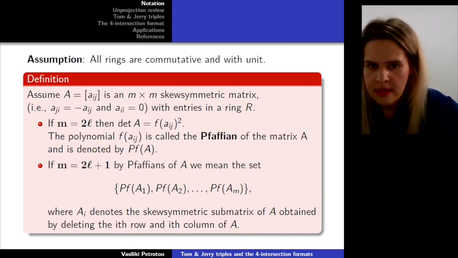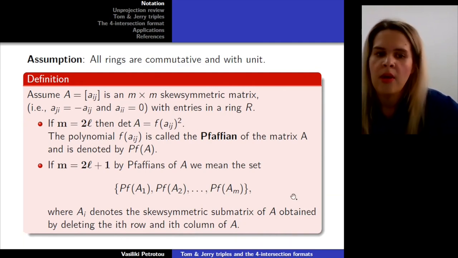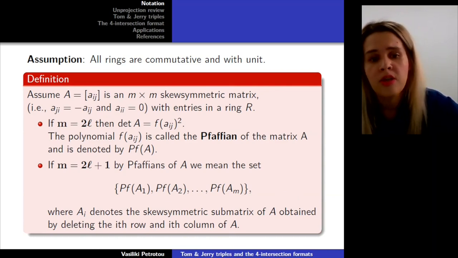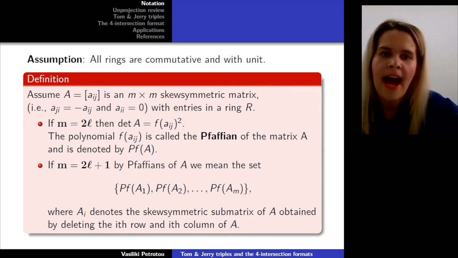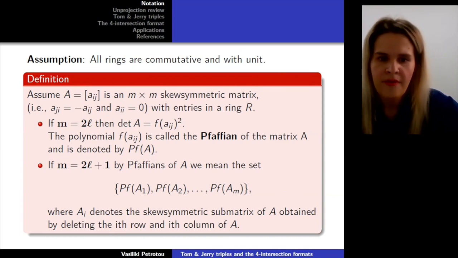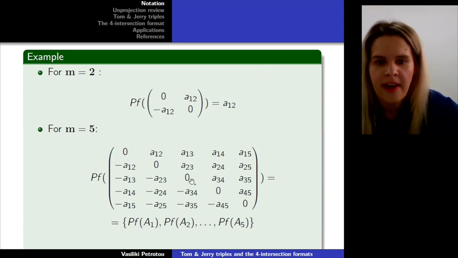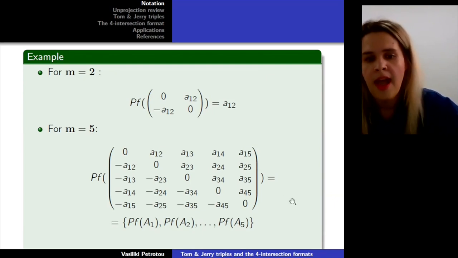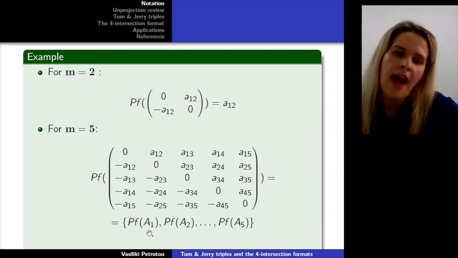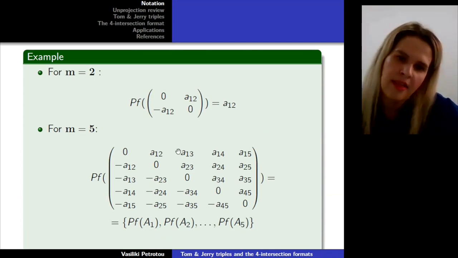If we are in the odd case, so n is odd, we call the Pfaffian of A this set, where by A_i we denote the skew-symmetric submatrix of A, which is obtained by deleting the ith row and ith column of the matrix. So if we come back to the 5 times 5 matrix we saw before, and we want to specify the matrix A1, as a first step,